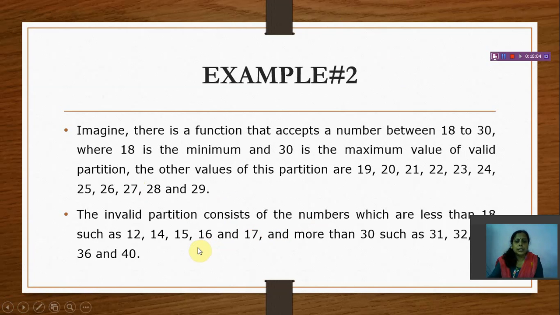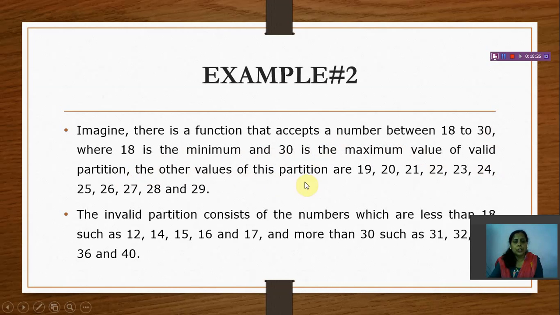This is another example of boundary value. Imagine there is a function that accepts a number between 18 and 30. Okay, the number accepted is between 18 and 30, where 18 is the minimum and 30 is the maximum value of the valid partition.